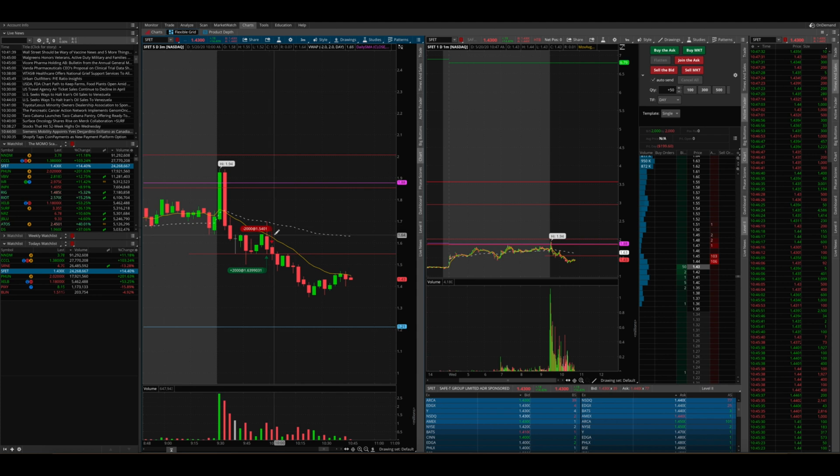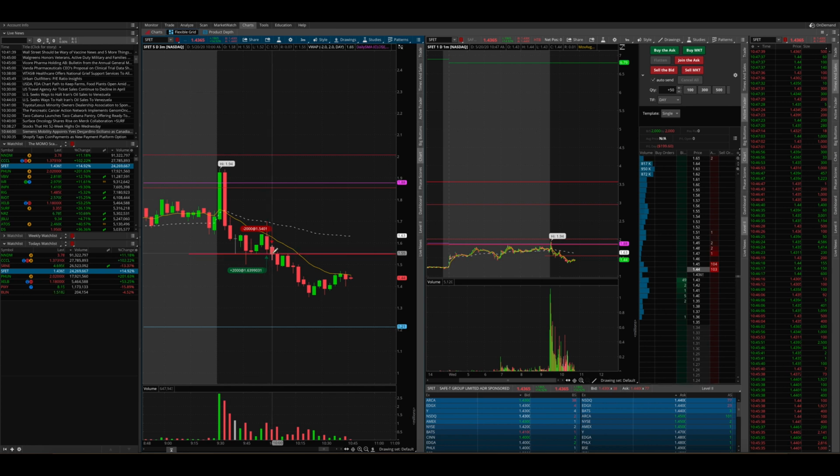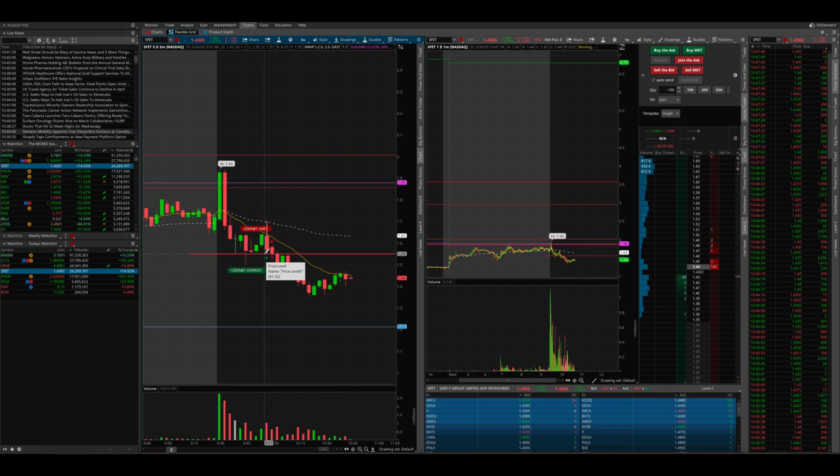Unfortunately, it didn't do that. It was a false breakout in terms of the VWAP, and I had to stop out right here as soon as it broke this support level, and I was down another $200. So it was not looking good for me. I was down quite a bit, but I told myself I was going to take one more trade. After that, I was going to call it